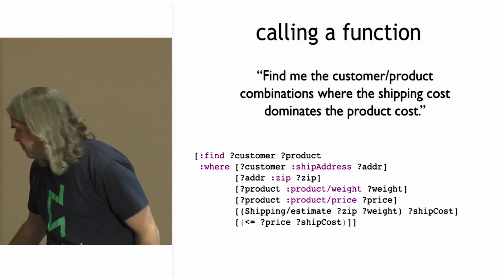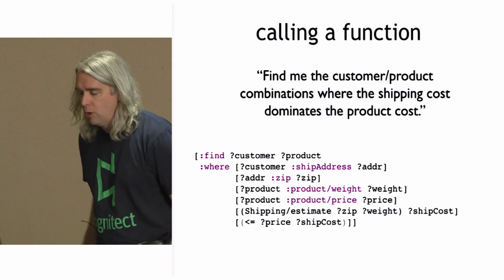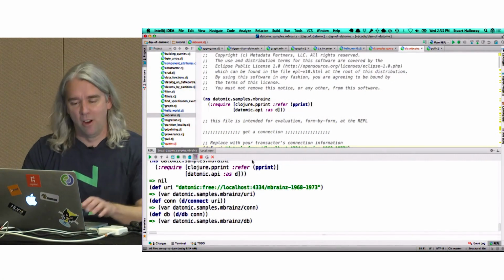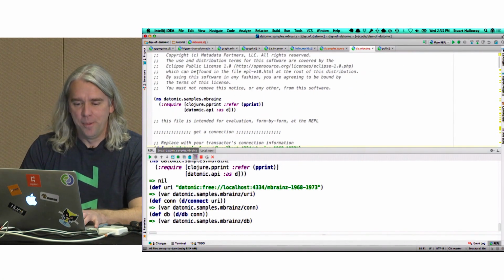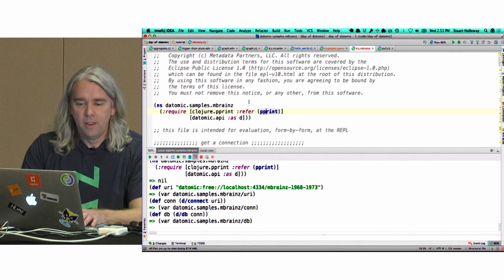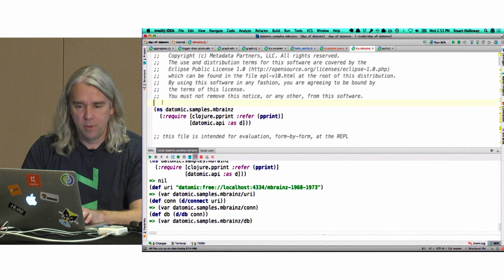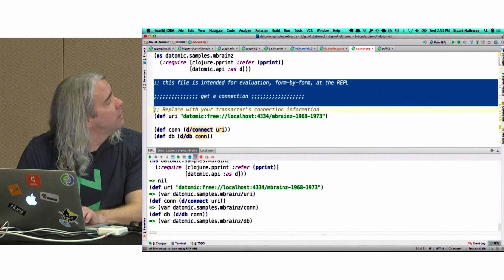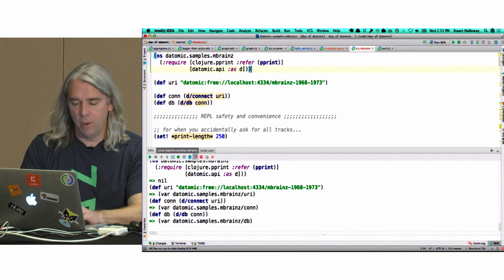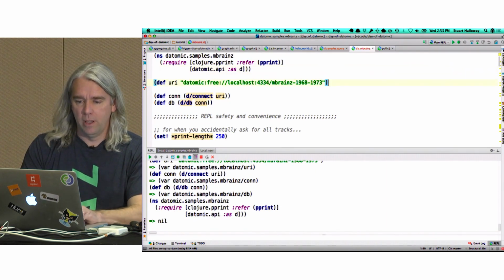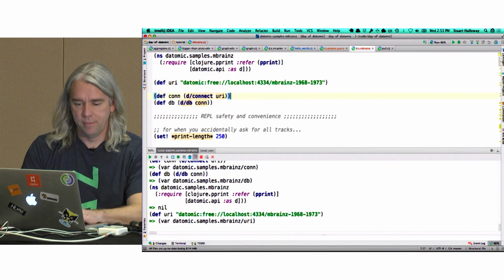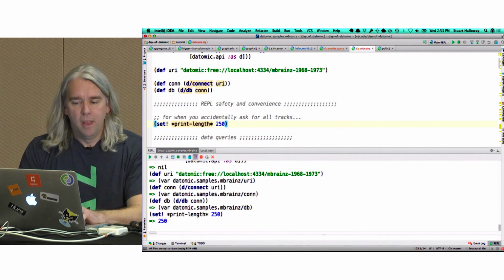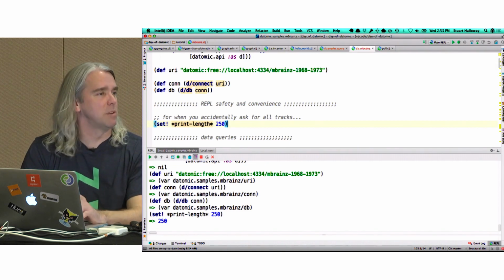So what we're going to do now is I'm going to sit down and go through some of the sample queries. All right. So in the top window here, we have the MusicBrainz sample queries. So I'm going to be working through these. I'm going to get rid of the comments as we go because they're just in our way. So I will connect to the database, get back the database value, I'm going to set the print length to 250